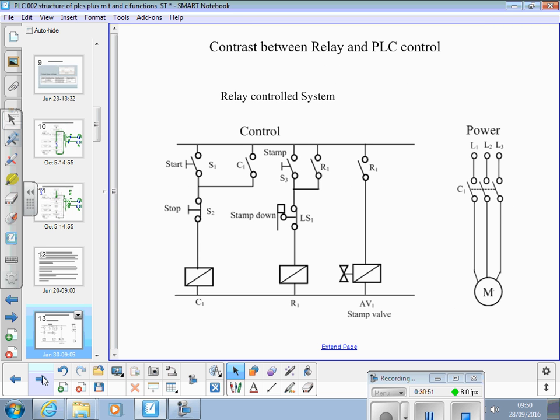Okay, so just to look in more detail at the relay control system. Just quickly go through what we've got here: a motor. Let's say that's the hydraulic pump. That's switched on and off from a three-phase supply using a contactor. So what happens is we've got a start button here,